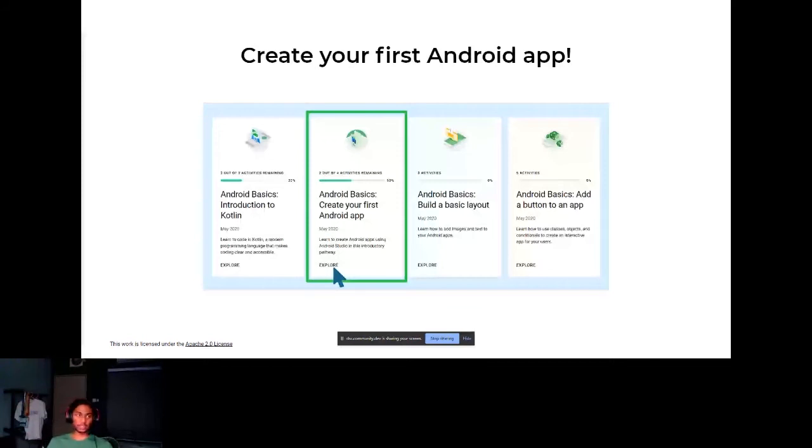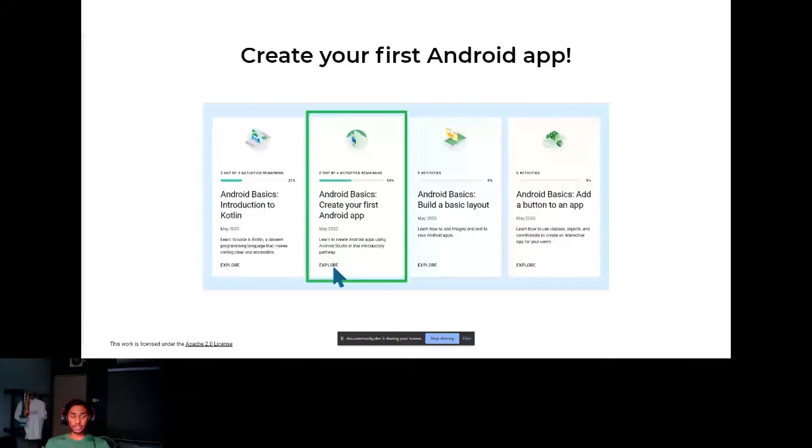Okay, first, what is Android Studio? Android Studio is an integrated development environment, IDE. But what is an IDE? An IDE is basically like a workshop. It contains many tools to help us in doing our job. In our case, Android Studio helps us in building our mobile app. Android Studio integrates all the necessary tools for developers to build an app.